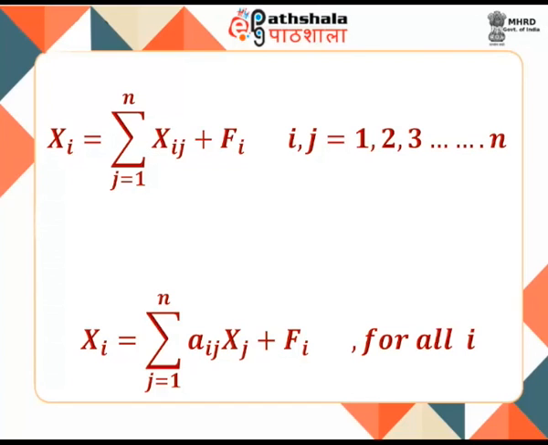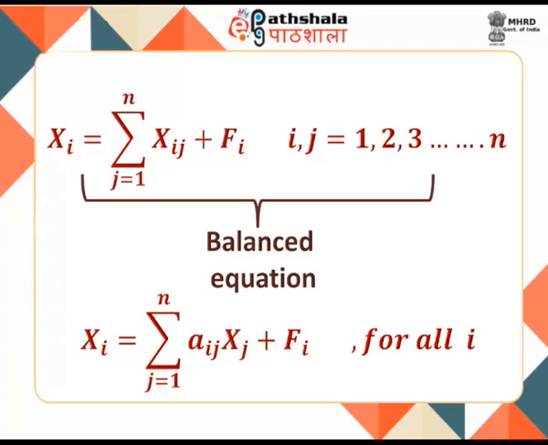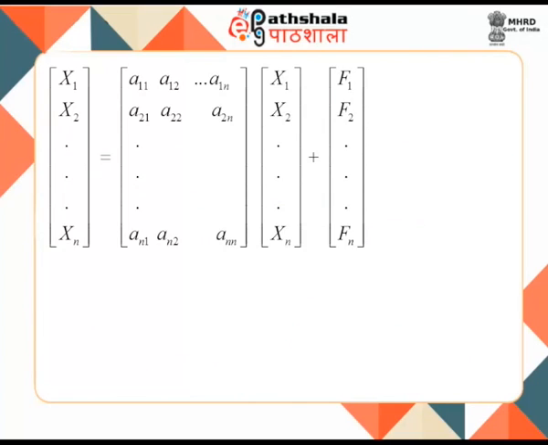This equation is the balance equation which states that the output for any commodity i is used either as the input for the production of commodities j or as the final demand. This is an equilibrium condition which states that the quantity of output supplied is equal to the quantity of output demanded. Solving the simultaneous equations to obtain the solution, this equation can be put in a matrix form.